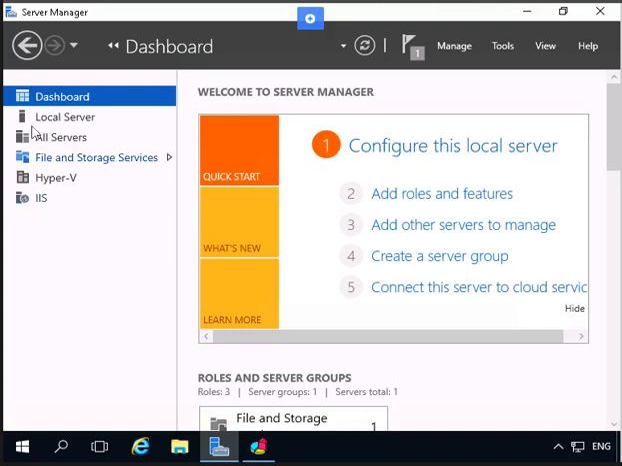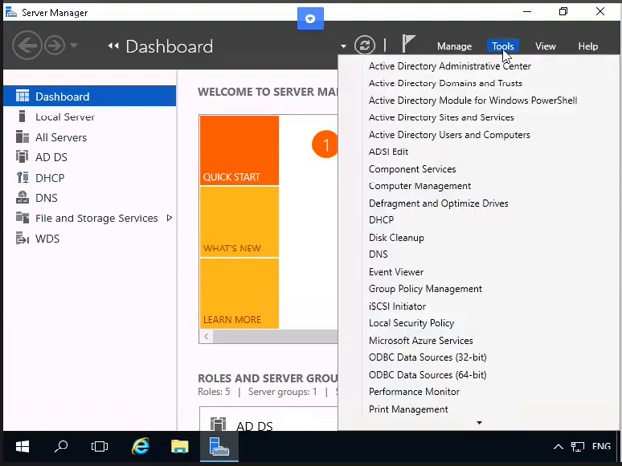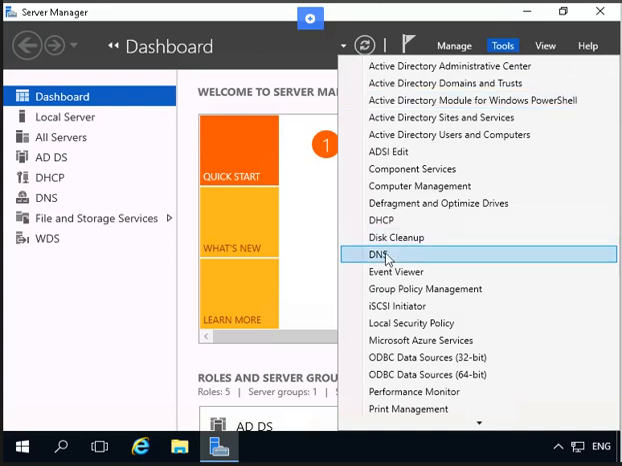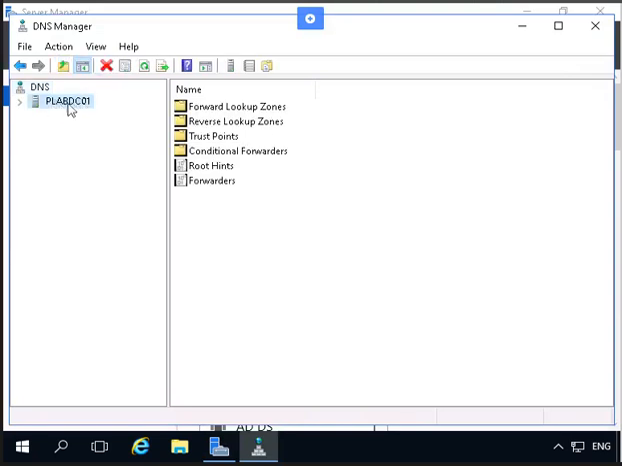So let me open my domain controls. Okay, so this is a domain control server. So in the domain control server, we have to click tools. So on the DNS, which I have already done, we can see it's a domain control. So practice labs, a domain control 01. So on the DNS manager,